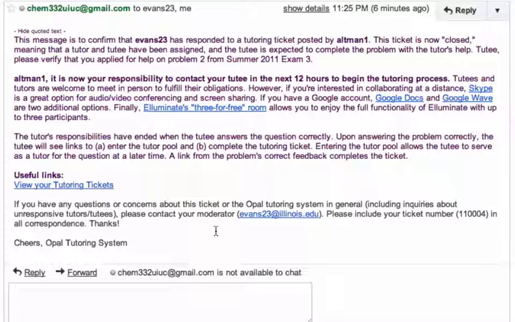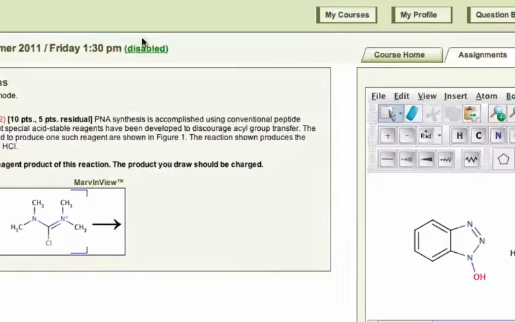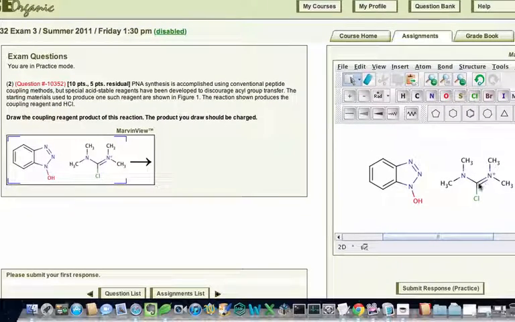And so what you'll see here are a few ways virtually that you can carry it out. Importantly, the tutor's responsibilities have ended when the tutee answers the question correctly. When that happens and the tutee has clicked a link from within ACE to complete the ticket, then the tutor is off the hook. So let's imagine that with the help of my tutor I was able to answer this